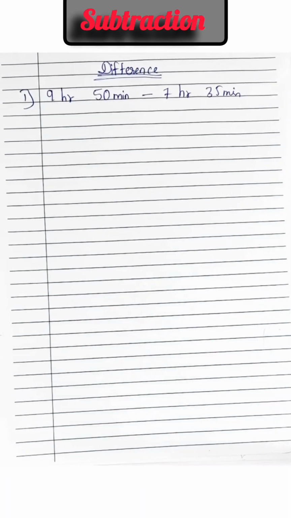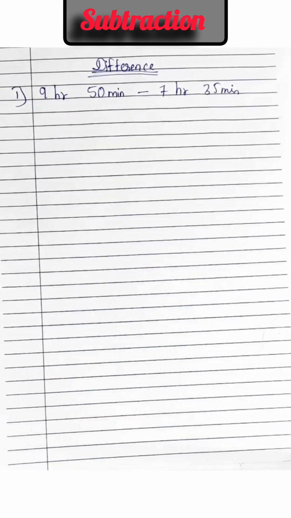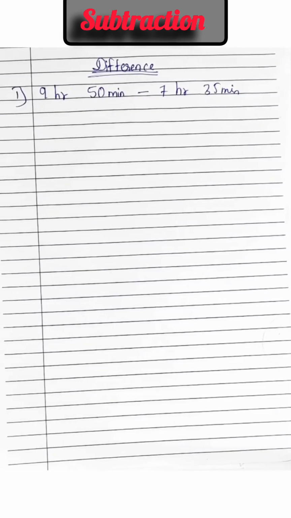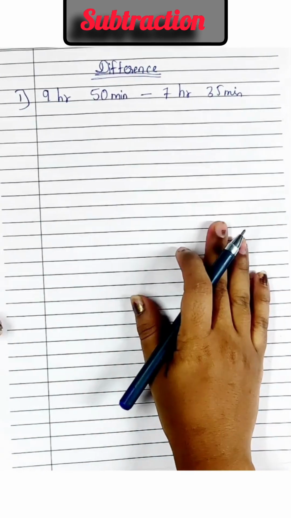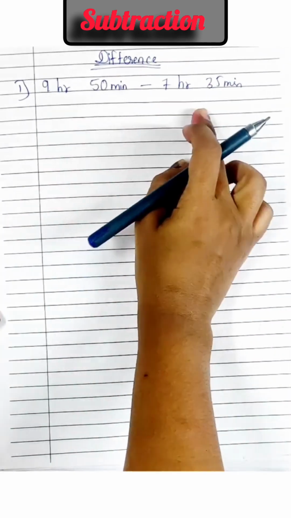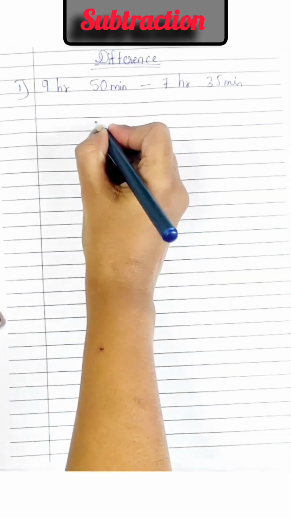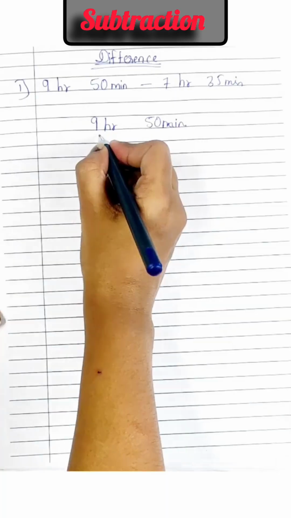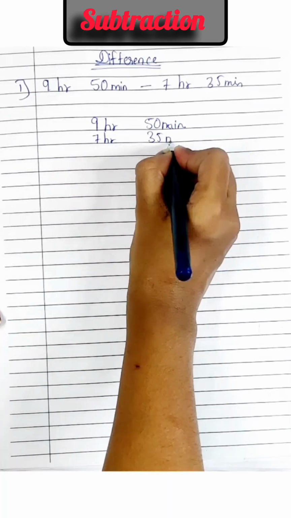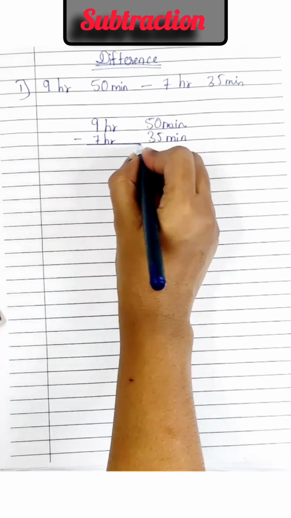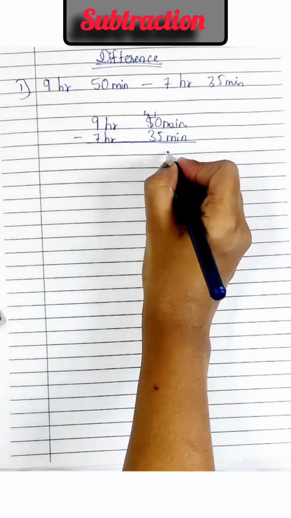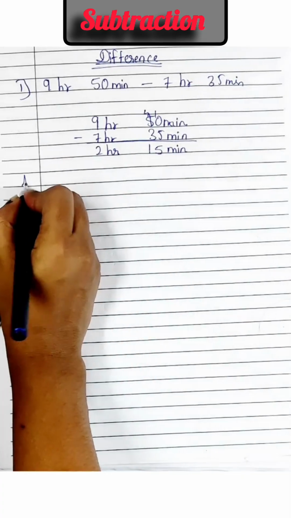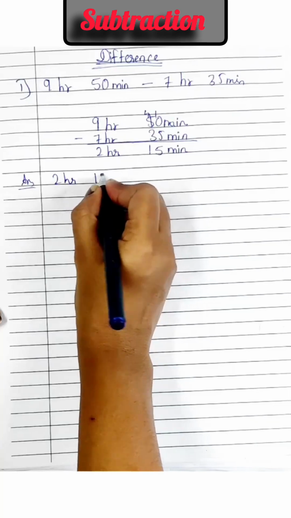हेलो स्टूडेंट्स, वेलकम टू माय यूट्यूब चैनल प्री लर्निंग। जैसा कि हमने पहले वीडियो में एडिशन किया था, इस वीडियो में हम सब्ट्रैक्शन करेंगे। सब्ट्रैक्शन को हम डिफरेंस भी कहते हैं। सो लेट अस स्टार्ट आवर वीडियो नाउ। फर्स्ट सम, 9 hours 50 minutes, 7 hours 35 minutes। सो हम आवर्स के नीचे आवर्स लिखेंगे एंड मिनट्स के नीचे मिनट्स लिखेंगे। डिफरेंस मतलब माइनस। So the answer is 2 hours 15 minutes।